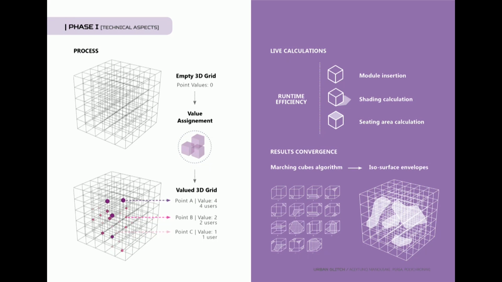One of them is that we gained an advantage of speed on the live calculations, because some of them would require significant computer resources, causing the game to lag and disrupt the flow of the players. And the second one is that the scalar field deriving from this voting system was coupled with the Marching Cubes algorithm, and basically we were able to extract isosurface envelopes of preference.